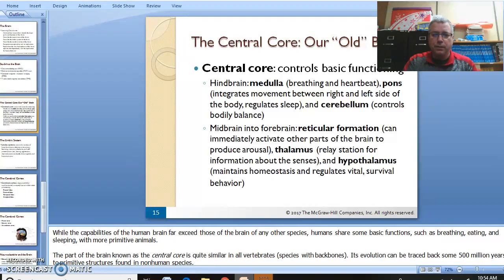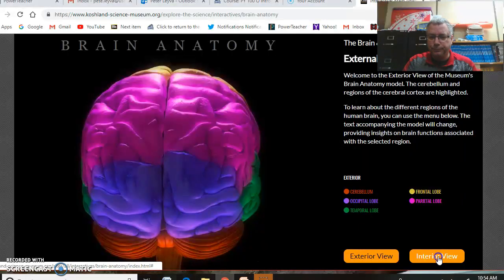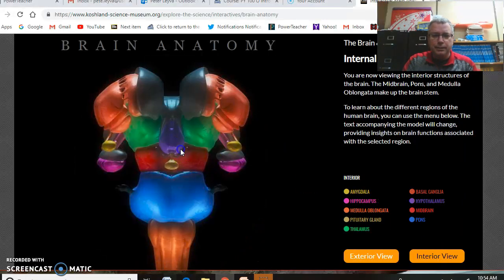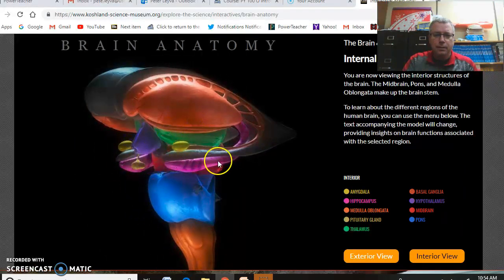The reticular formation is inside all these little parts right here, right? We got the thalamus, and right here, hypothalamus. All this is part of the reticular formation, and it's basically for alertness, being able to, if you ever